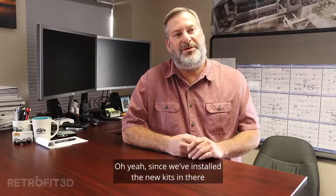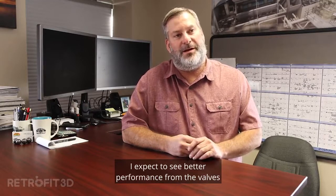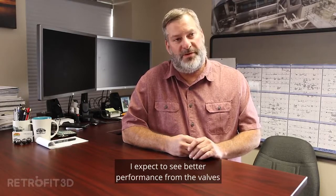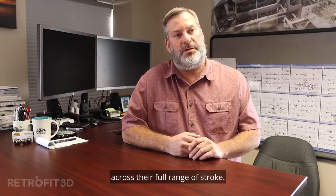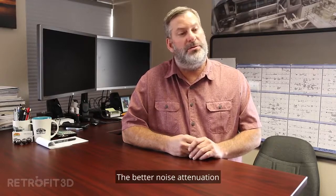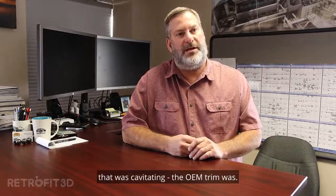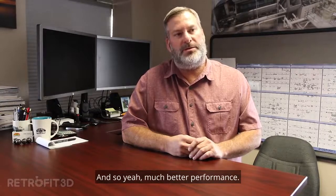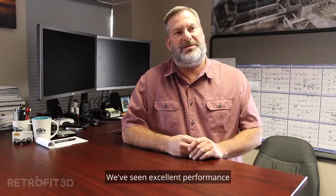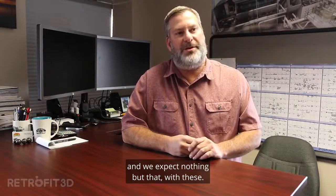Oh yeah, since we've installed the new kits in there, I expect to see better performance from the valves across their full range of stroke. The better noise attenuation. We've had some of that trim that was cavitating, the OEM trim was, and so yeah, much better performance. We've seen excellent performance from CCI drag valves in the past, and we expect nothing but that